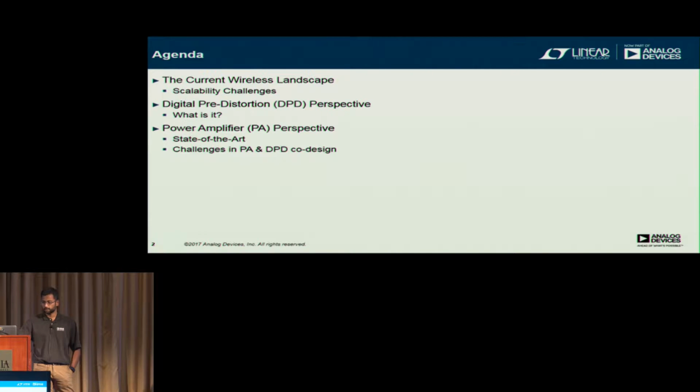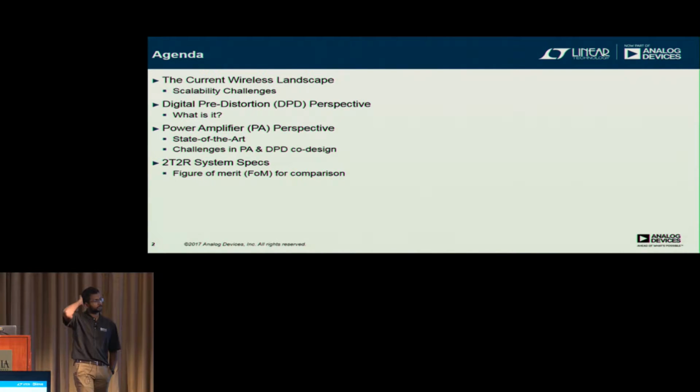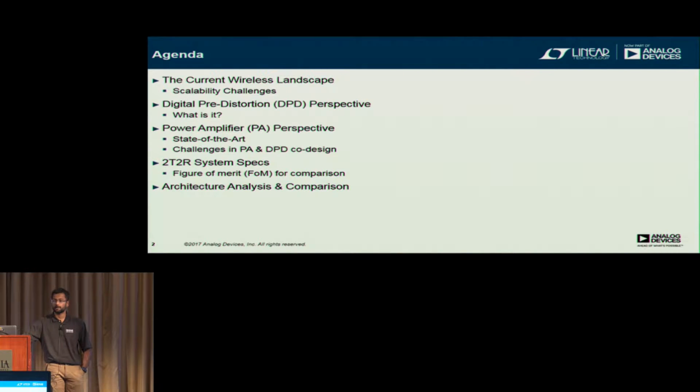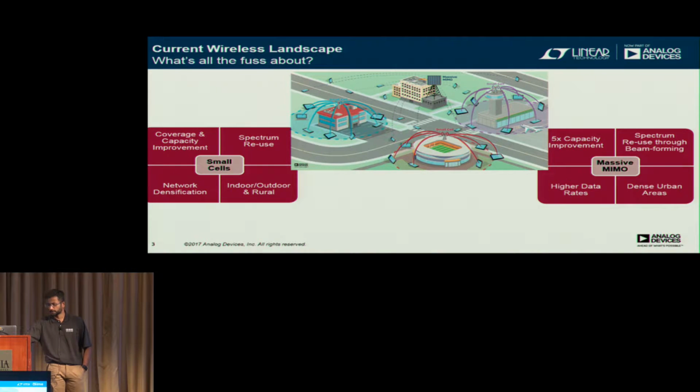So we'll also talk about some PA and DPD co-design issues and investigate the state of the art. I'll try to derive some figure of merit by proposing a system spec for a 2T2R small cell system, that's a 2x2 system, and provide some architectures that are prevalent in the industry right now and try to compare them. So jumping right in,